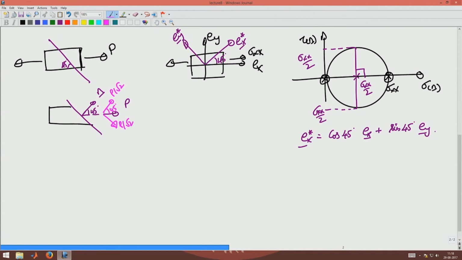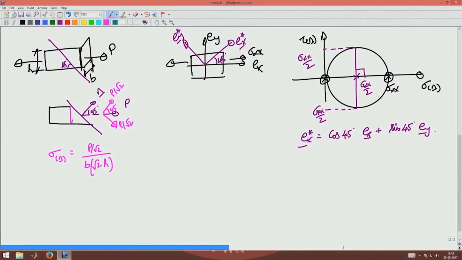And then this P by root 2 is distributed over this inclined face, and hence the stress sigma n would be P by root 2 by B, which is the width of this block, and if the depth is h, the inclined area is B times root 2 times h,